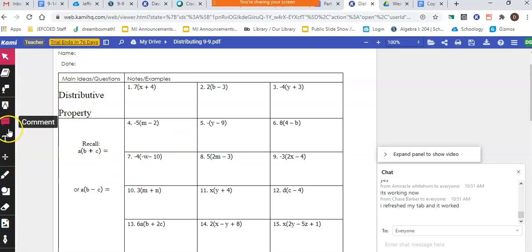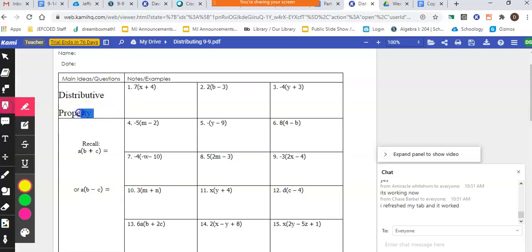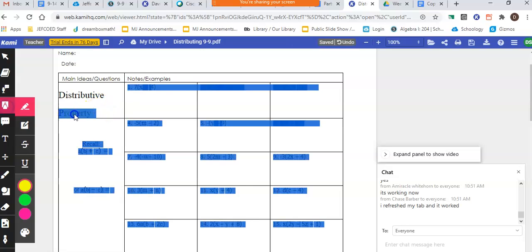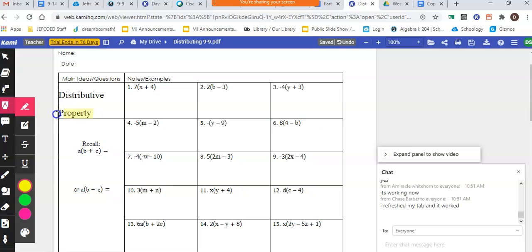If you're looking here under the column, distributive property, I'm going to go ahead and highlight that for you guys. Okay, so distributive property right there, okay? And then if you're looking right down here where it says recall, this is just going to be a quick refresher for you. Remember, distributive property, guys, is taking a value outside the parentheses and multiplying it across everything within